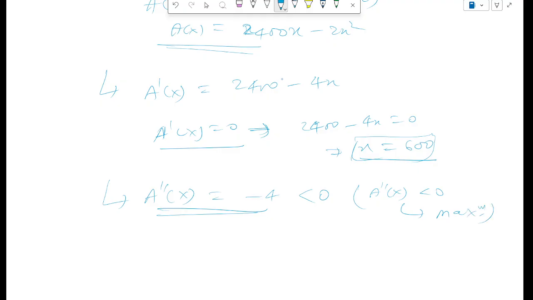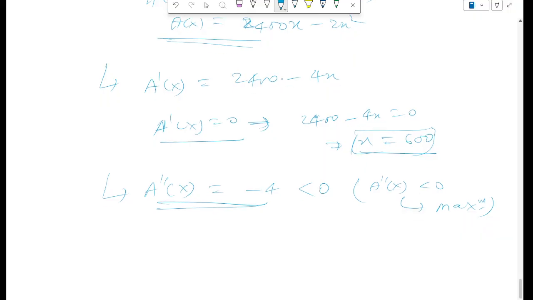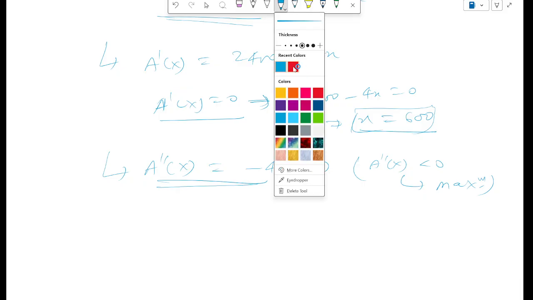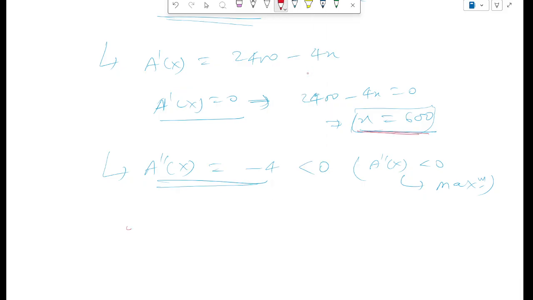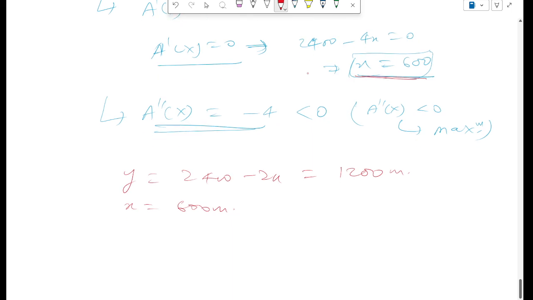So what will be the maximum area? First we got x equal to 600. So what are we going to get? y equal to 2400 minus 2x, that is 2400 minus 2 times 600, which is 1200. So we are going to get 1200 meter, right? And x we already got, 600 meter. So in the fence that we had created, if we take 600 meter width and 1200 meter length, then we are going to get the maximum area, which will be equal to